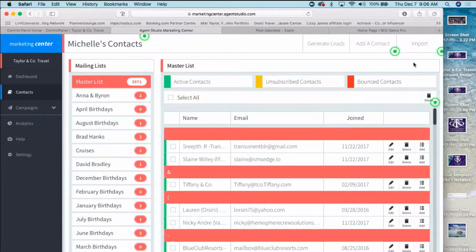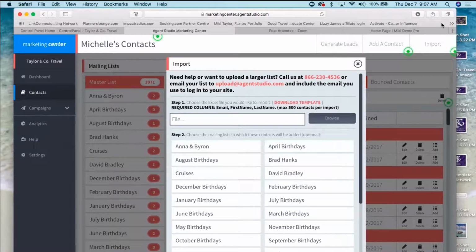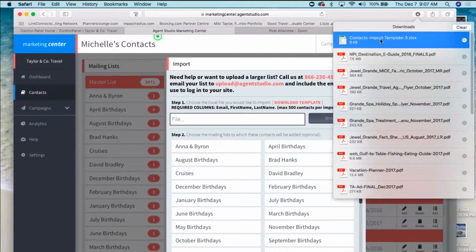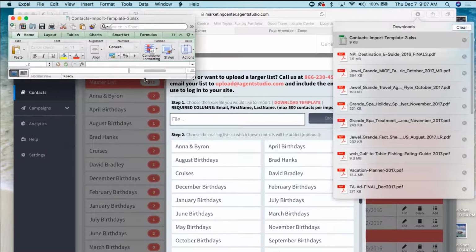The other way that you can import up to 500 contacts at one time, and the most efficient way if you have a lot of contacts that you need to import to get started, would be through our import feature. You start that by downloading the template, which will give you the order in which your data needs to be in order to have a successful import. It's very basic. It shows you the exact same fields that we just saw in the individual